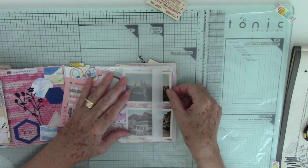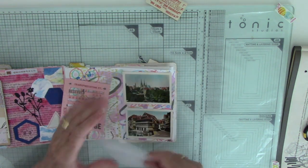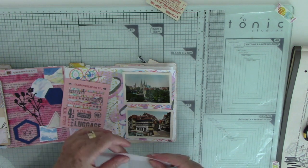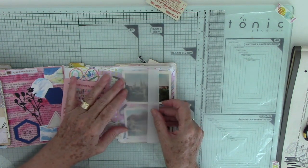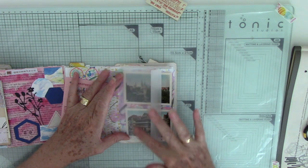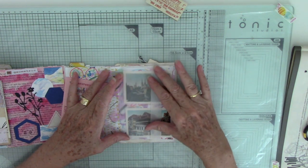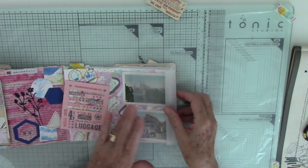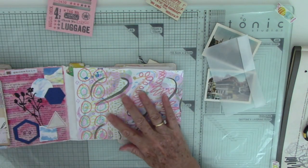And this piece here, have I folded that straight? I think my eye is taken because I've doubled it over. What I might do there is add some washi along there. I don't want to cover this up because I want to see inside or underneath, but I will add some washi down there. So I'll just go and grab some of that and I'll be back, and we will start